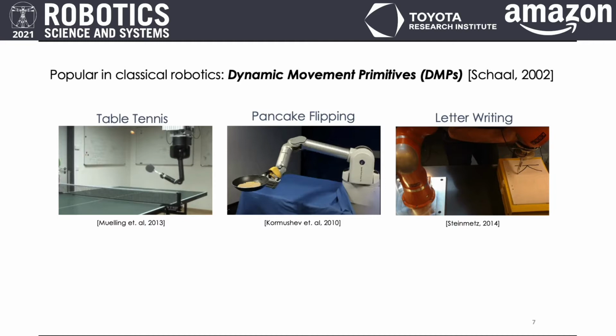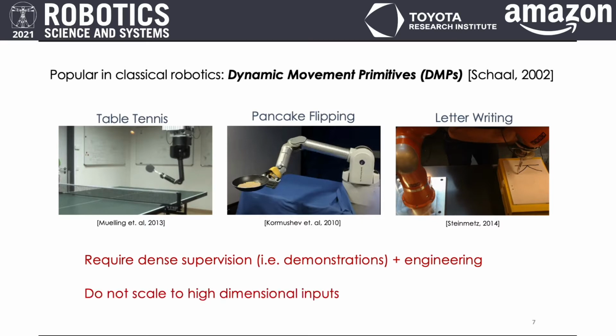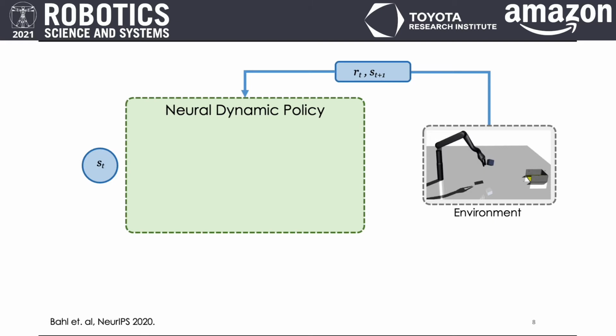They have in fact been used in previous robot learning approaches, for example, the seminal work of dynamic movement primitives, or DMPs. However, DMPs are limited in their ability as they require dense supervision and are unable to handle unstructured image data. Due to these limitations, we leverage our prior work, which embeds dynamical systems inside policy networks called neural